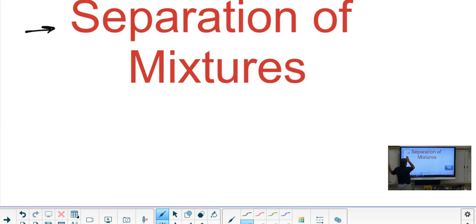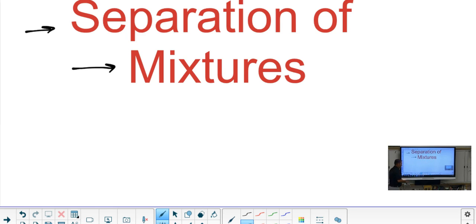A mixture is 2 or more physically blended substances, meaning they're just mixed. So you put sand and gravel together and you just stir it. Now you have a physical blend of sand and gravel. The main point there is it has nothing to do chemically at all. It's physically mixed together. So the way we separate a mixture uses physical processes. We separate a compound with chemicals, separate a mixture with physical processes. We all right with that? Thumbs up so far? Okay.